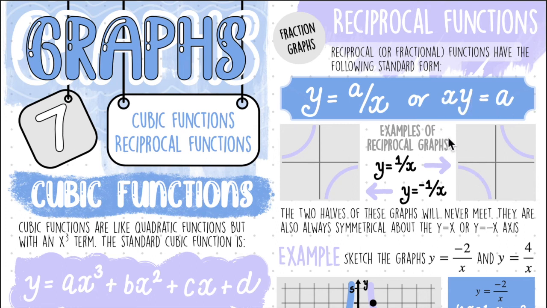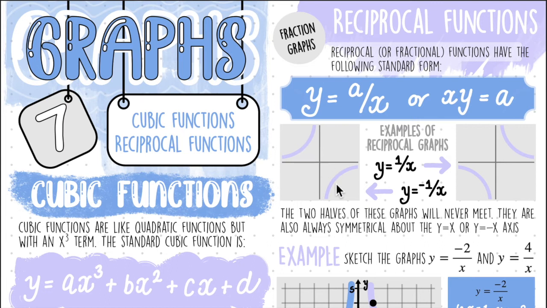So what do reciprocal functions look like when plotted on a graph? Well, they look like this or this. Why do we have two versions? Well, it all depends on whether this a here, which is usually a number, is either positive or negative. If a is positive, your reciprocal function is going to look like this guy here. So you've got lines in this quadrant and this quadrant of the graph. If your a is negative, your reciprocal function is going to look like this, where your graph is in this